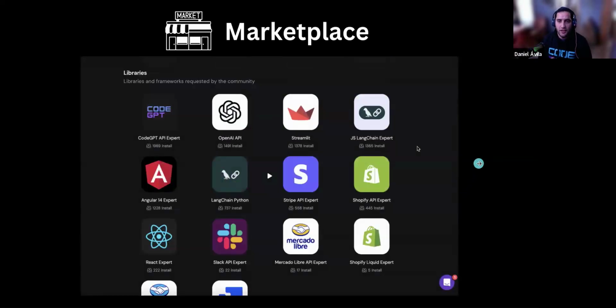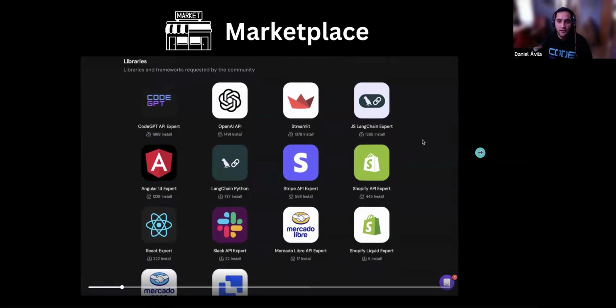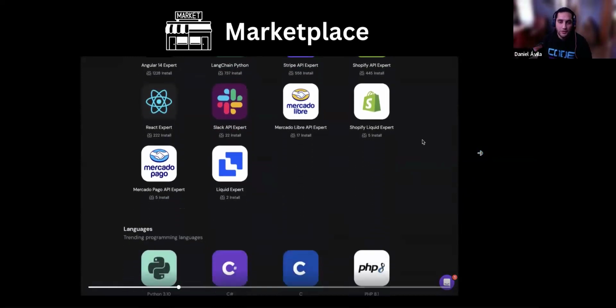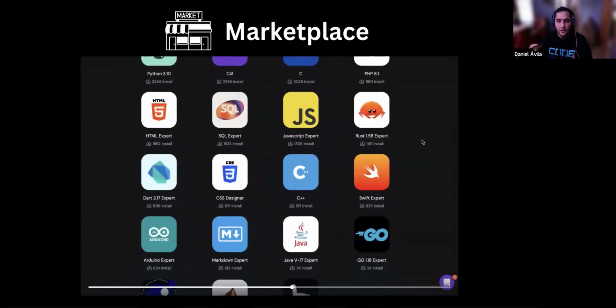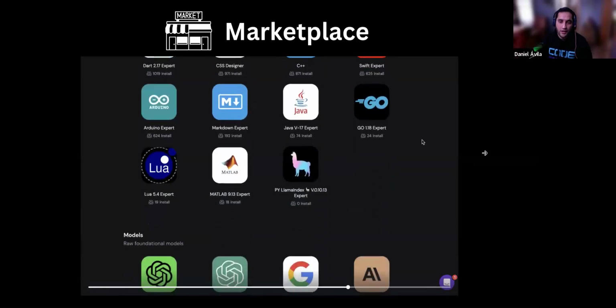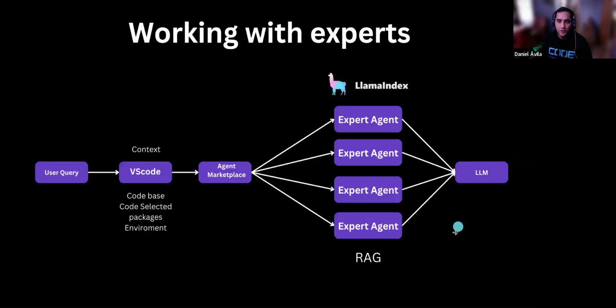So the other feature that we have is that we are using expert agents to work with LLMs inside of CodeGPT. So you could select different kinds of agents. In this case, we have a lot of agents in the platform. So you could use an agent expert in different kinds of technologies, and you're going to be able to have